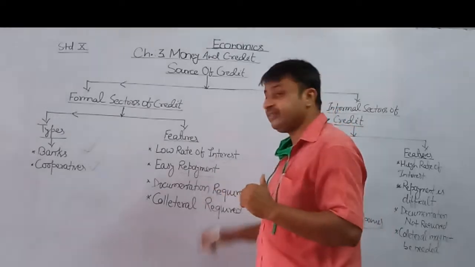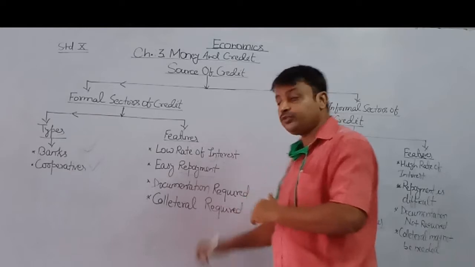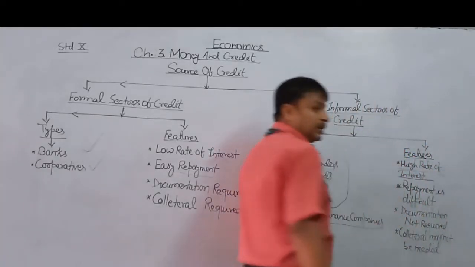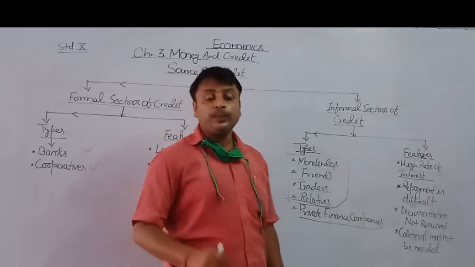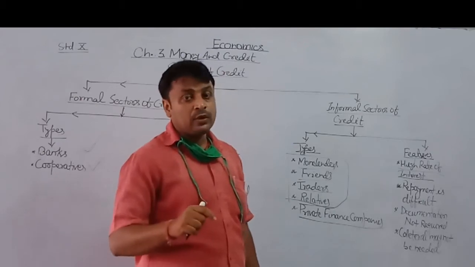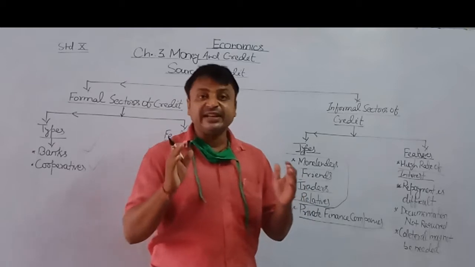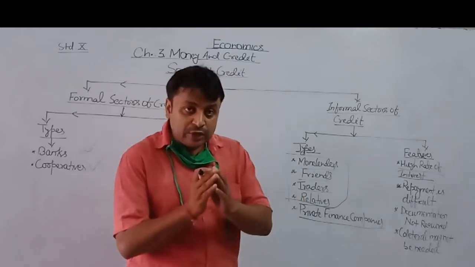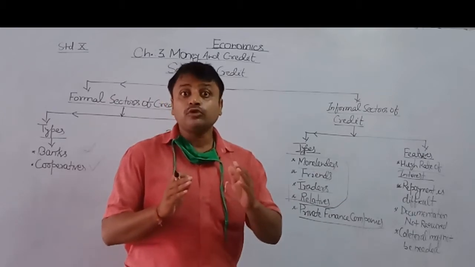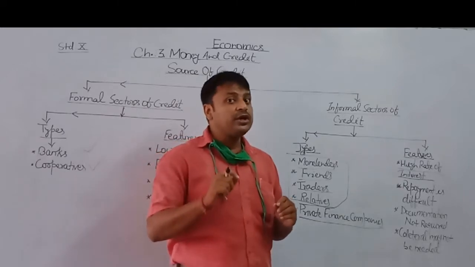So repayment is easy. In comparison, in the informal sector, you will get a high rate of interest. Means you have to pay more from your savings in the form of interest. So finally, you are saving less. If you are paying a high rate of interest, you have to give a larger proportion of your savings in the form of interest. So when you are going to pay the principal,